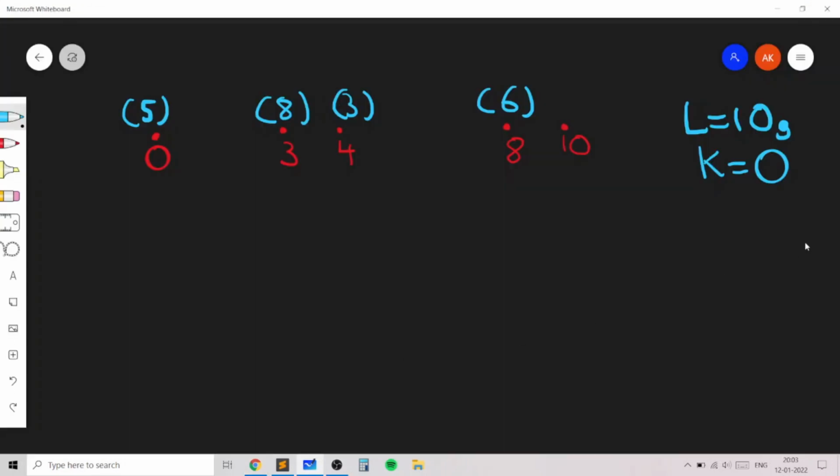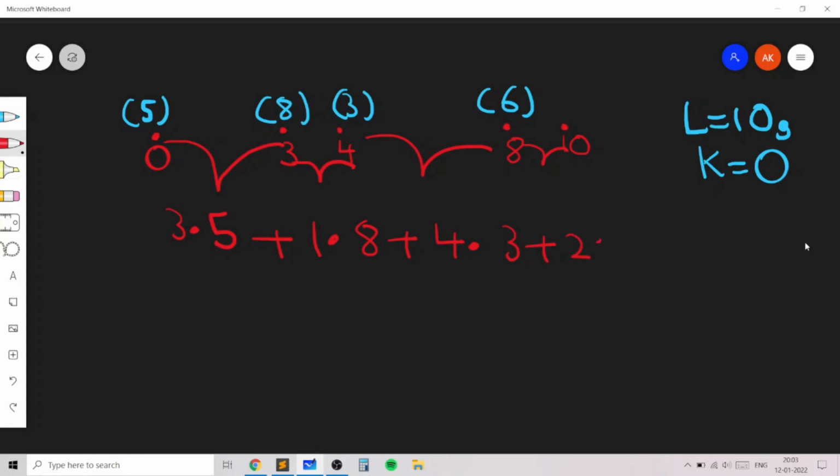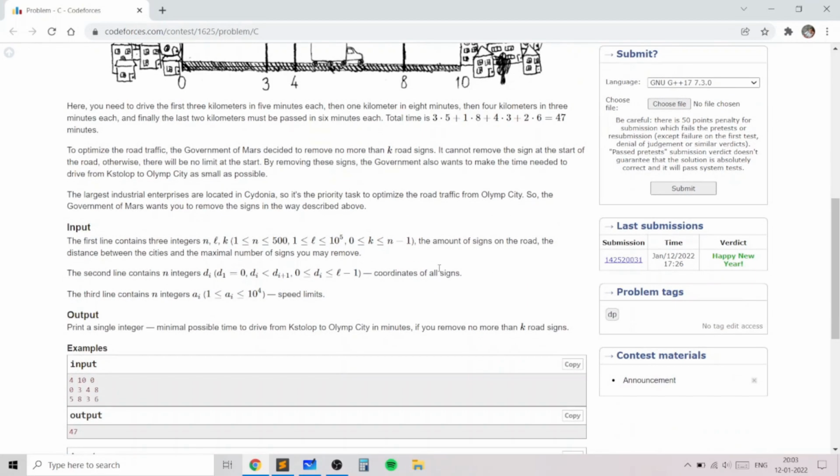So in that case, the time taken is simply given by the first length 3 into the first speed 5 plus the second length which is 1 into the speed which is 8 plus the third length which is 4 into the speed which is 3 and plus the last length which is 2 into the speed which is 6. So this is equal to 47 if you add these 4 numbers up, and you can verify that 47 is